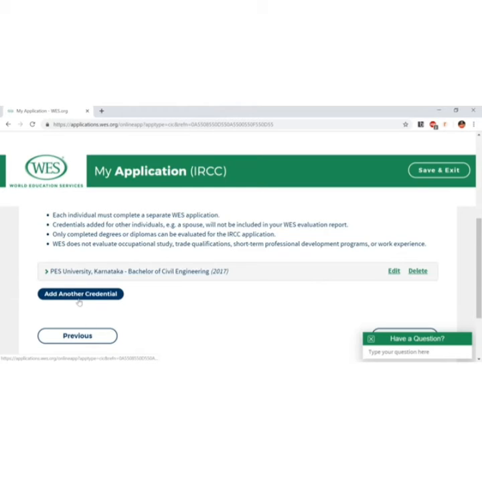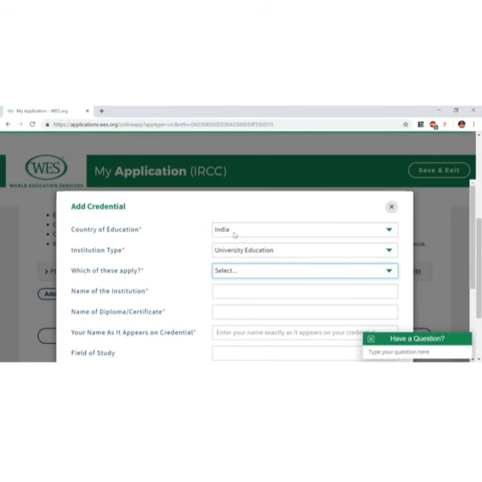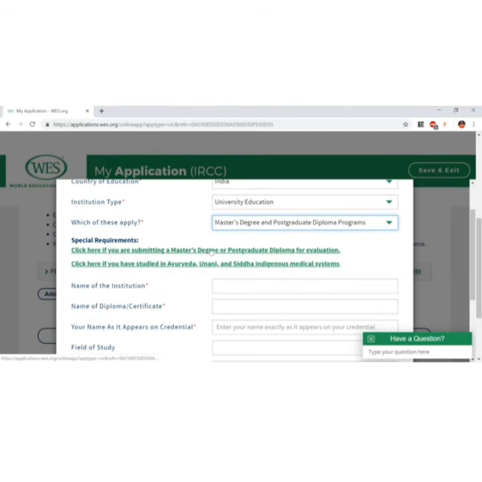So now this is a degree. For example, now I would like to add a PG or a post graduation. Let's again select country of education, institution type, university. I'm going to select masters. Again, masters have a bit of condition. Just check whether your degree falls into this category.